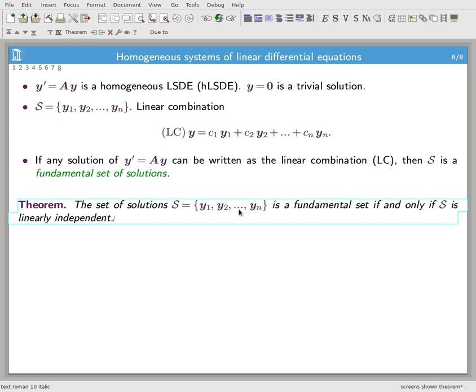And of course, this is exactly the situation that we encountered previously with second-order differential equations, the particular case when n was